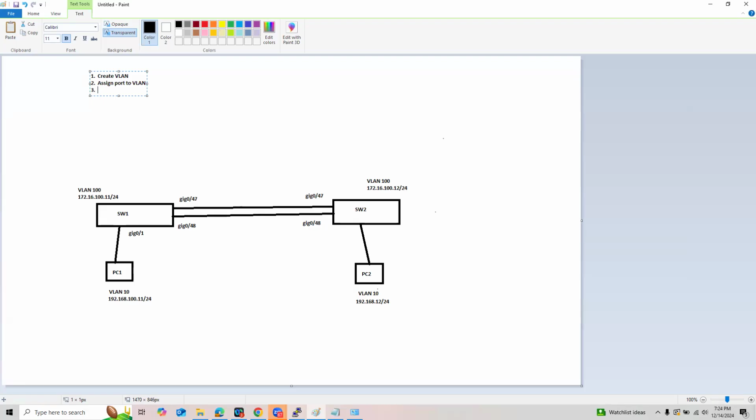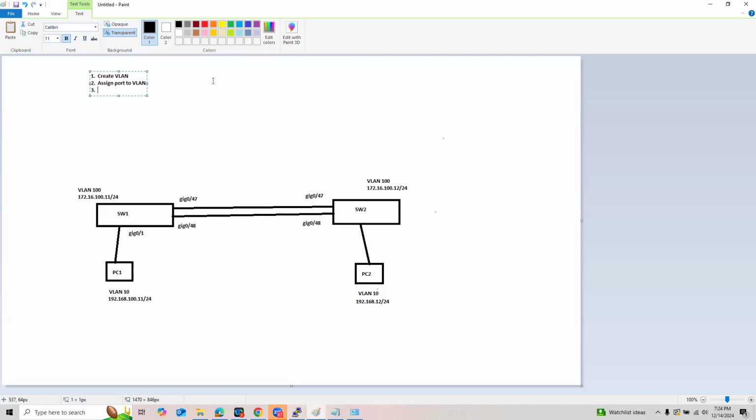So if you have a switching environment, having multiple switches in place, and you want the different VLANs in different switches to be able to communicate with each other. I'm talking about those devices within the same VLAN. So this is actually what we call intra-VLAN communication. So VLAN 10 in switch 1 will be able to communicate with a VLAN 10 host in switch 2 or maybe another switch 3 or switch 4 and so on.